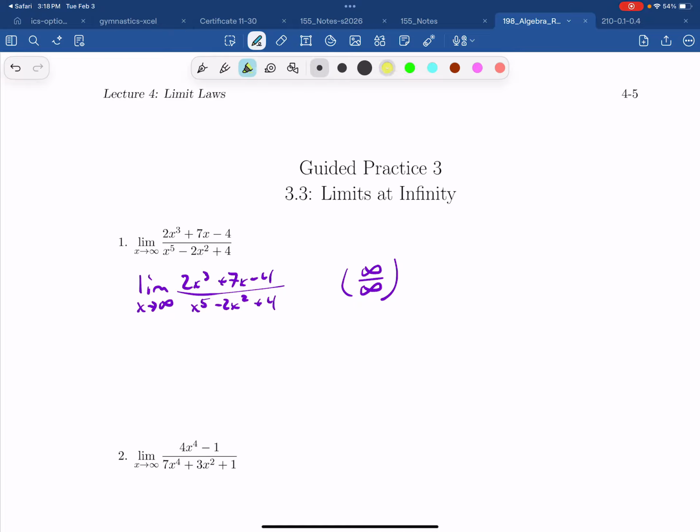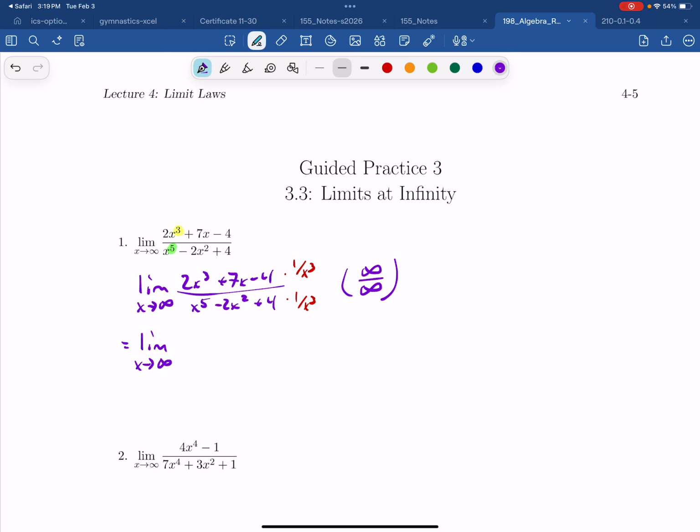But what we want to notice is that here the lower power is in the numerator and the higher powered leading term is in the denominator. Remember, we care only about the leading terms. Everything else is not relevant. So what happens is we want to divide by the lower powered leading term, which in this case is x cubed. And this is going to give us